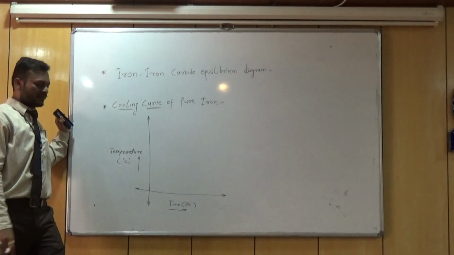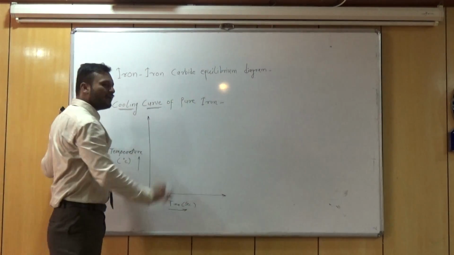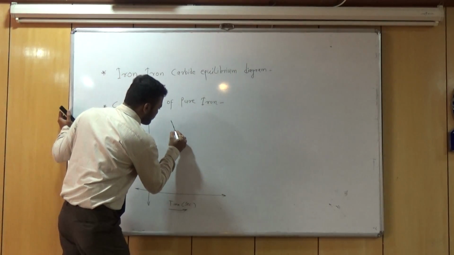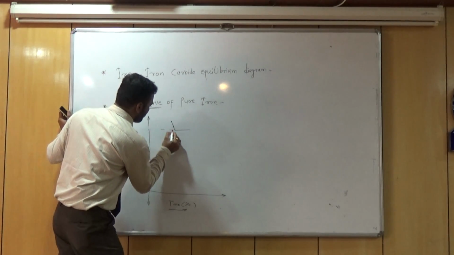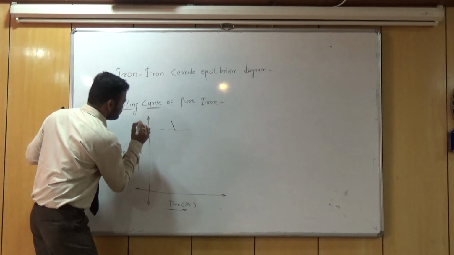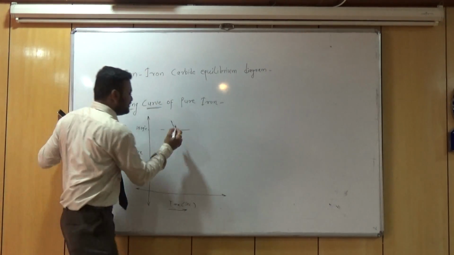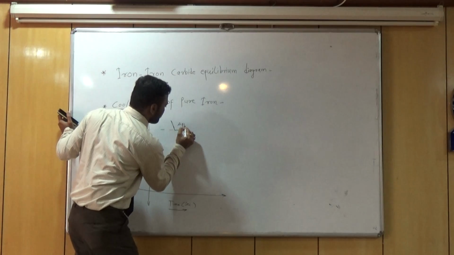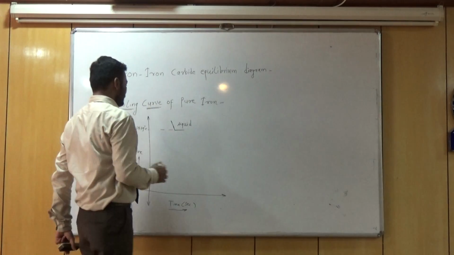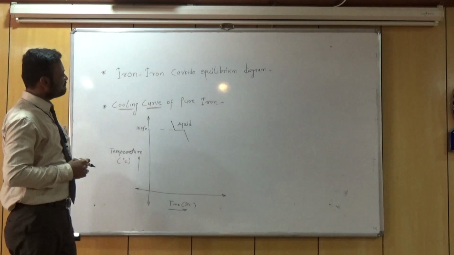Temperature against time. Then you will see now the cooling curve of pure iron. Now if you see carefully, plot here, temperature. Above 1539 degrees Celsius, it will be in liquid state. If temperature drops below 1539 degrees Celsius,